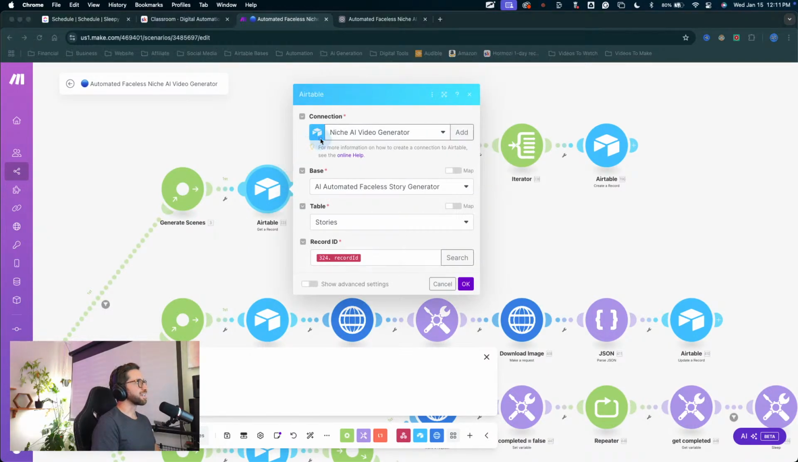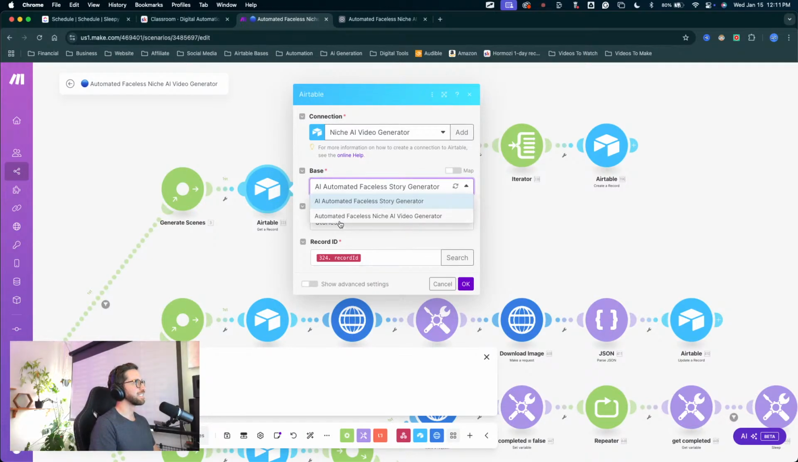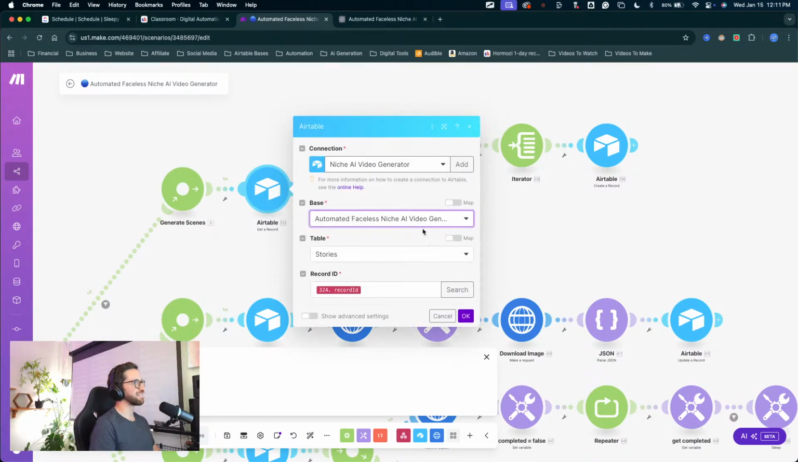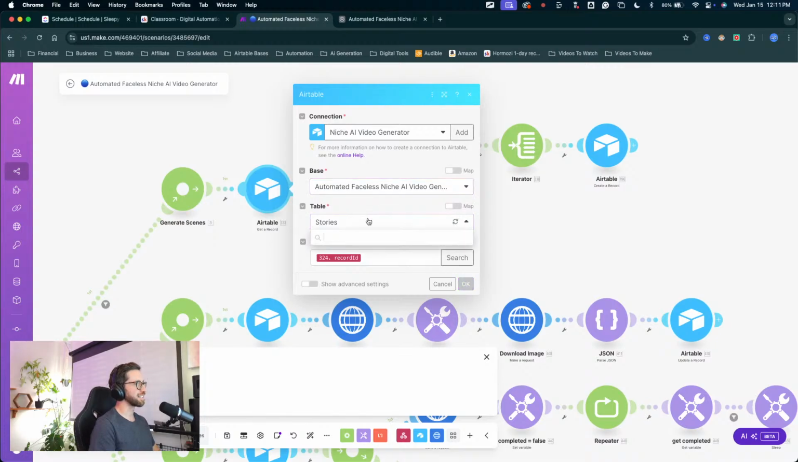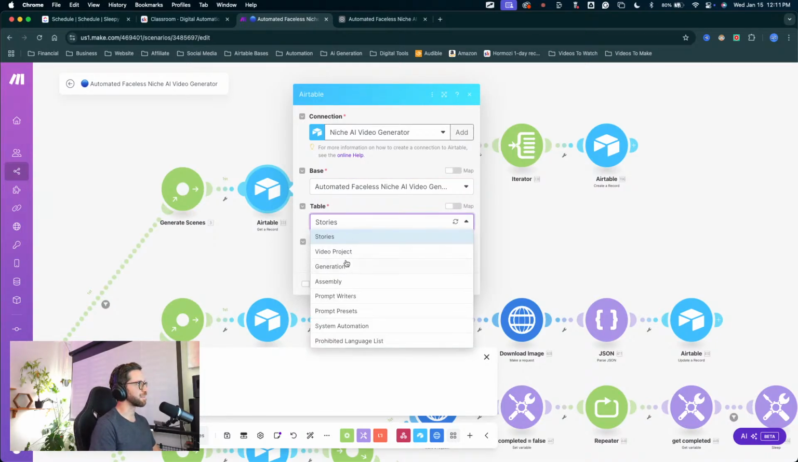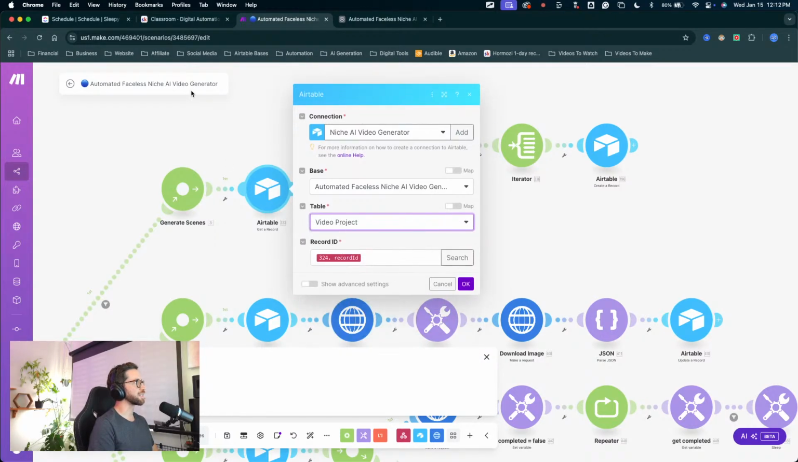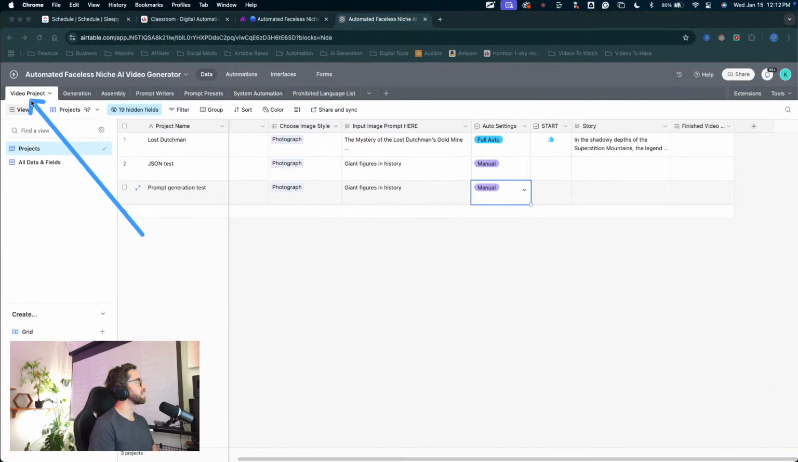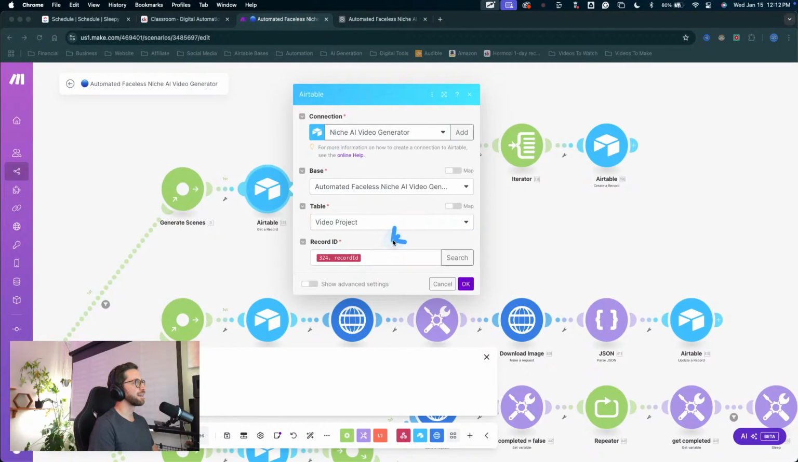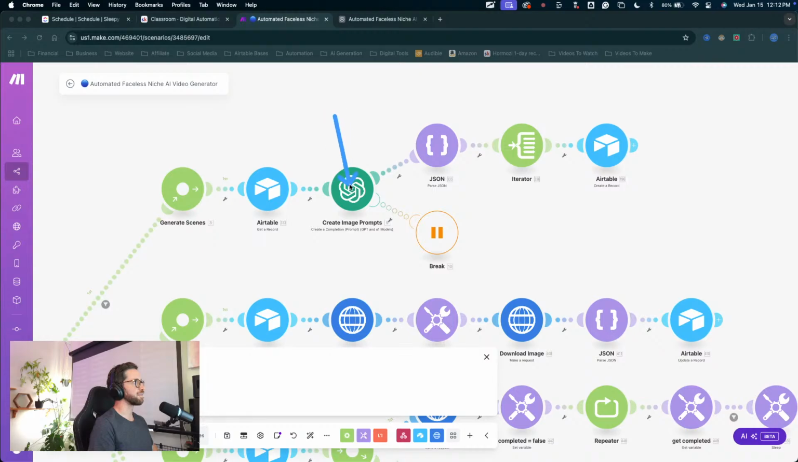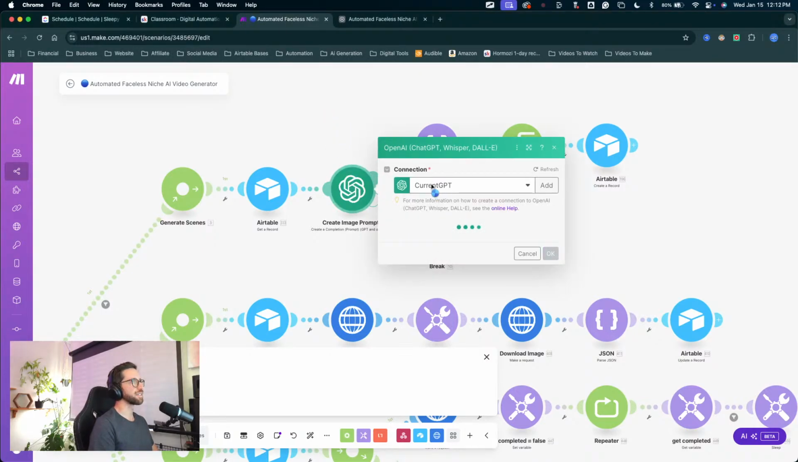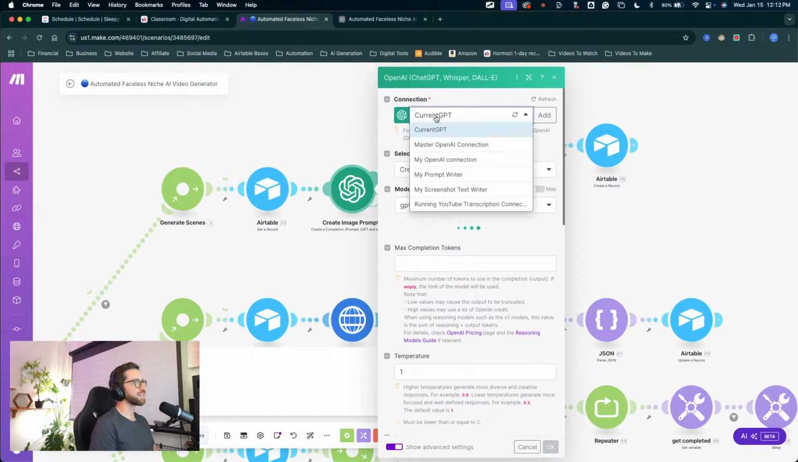All right, so we got our new connection. Let's connect up that base. Automated faceless niche AI video generator. All these names are tongue twisters. I gotta simplify my names. So we don't have the stories table anymore. This is for the previous base. So the new table is our video project table. This one here. And same operation, grab the record ID, that's fine. So now we need to create image prompts. Let's run through this. I've got a new connection in